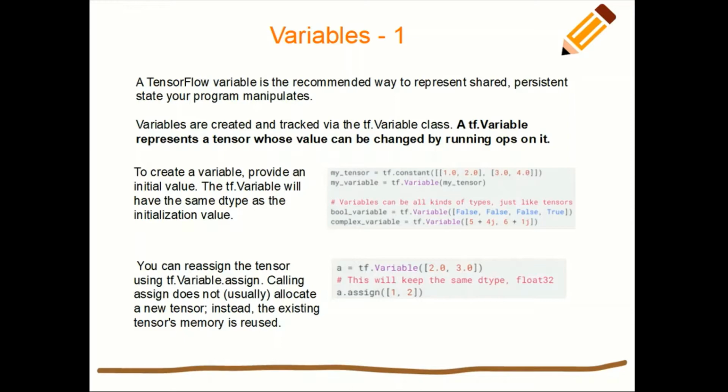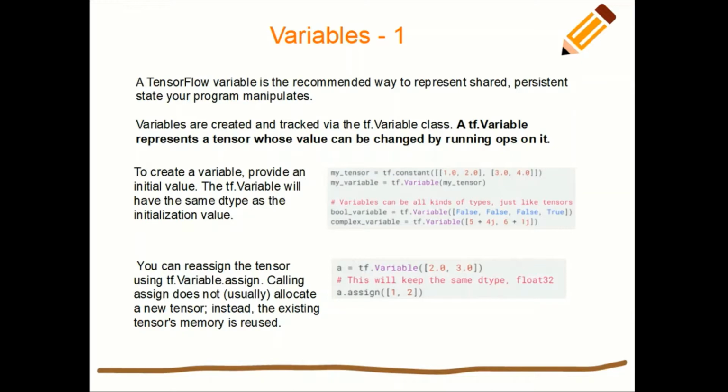Now, if you recall, we also discussed the concept of weights in neural networks. The weights are updated while the network is trained, and that is exactly where variables come in handy, because variables can be updated, as compared to tensors. Tensors are immutable; variables can be updated during the computation. Hence variables are usually used to store the weights of the model. Variables usually begin with some initial value, and later they are updated as and when required. Variables can be updated through the tf.assign call.